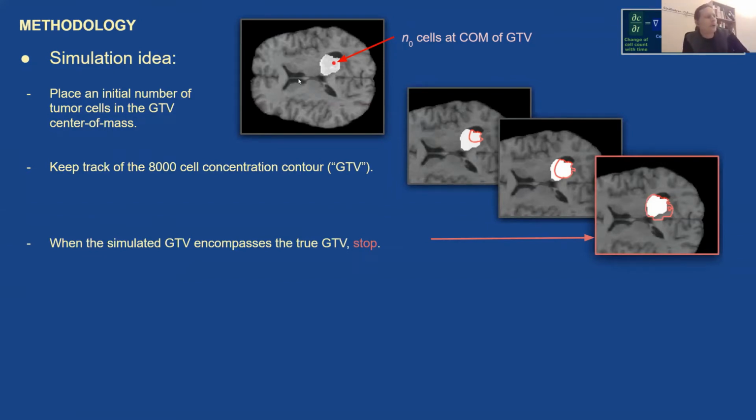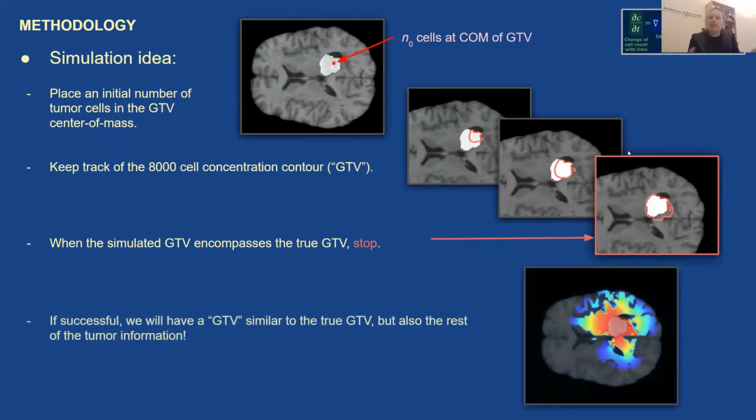So now you might wonder, what is the point of this? If we already have a GTV, what are we achieving by simulating another GTV on top of it? It's not even conforming perfectly. It's overshooting it a little bit, because it always does by definition. Well, you must not forget that we actually simulate the entire tumor. I have only shown you the contour here. So what we get is the full tumor extension. And if we're successful, the GTVs will match fairly well. And then we can start to assume that maybe this tumor extension is like the true value.